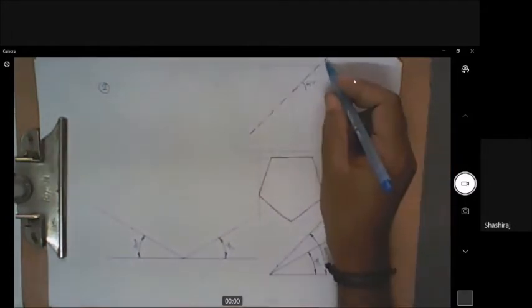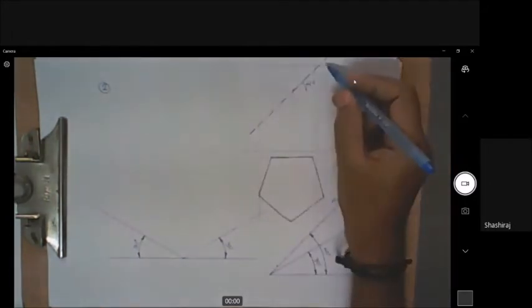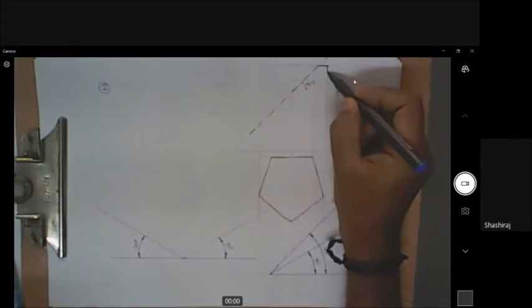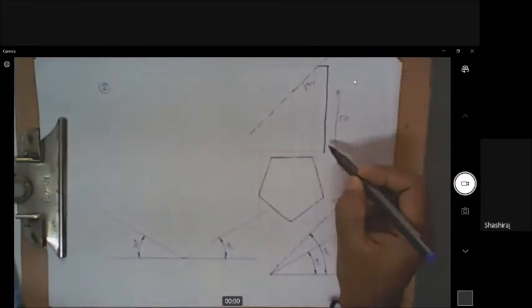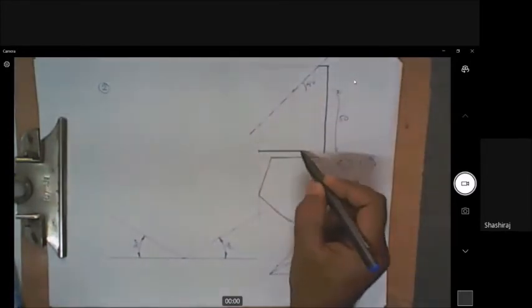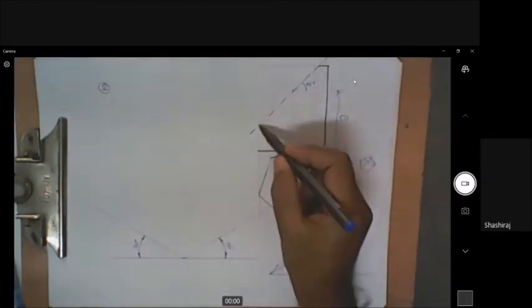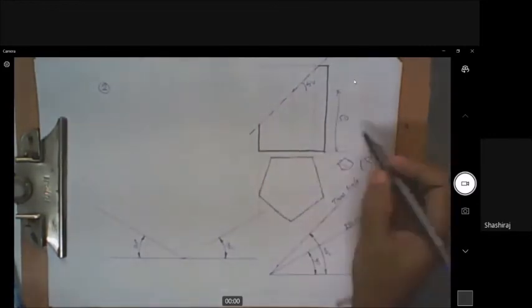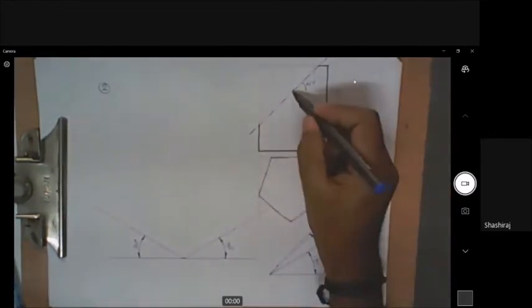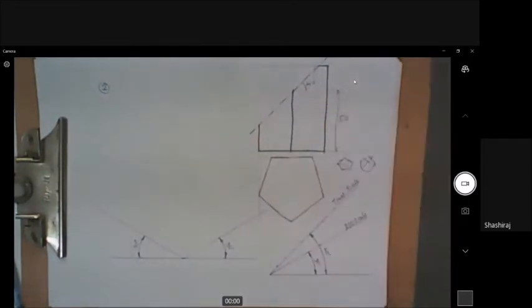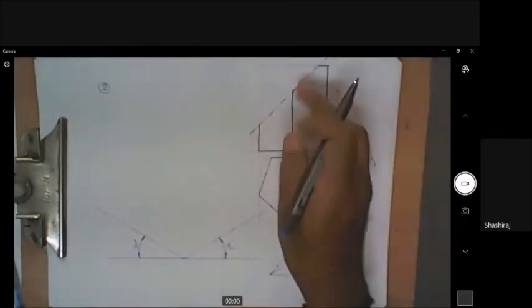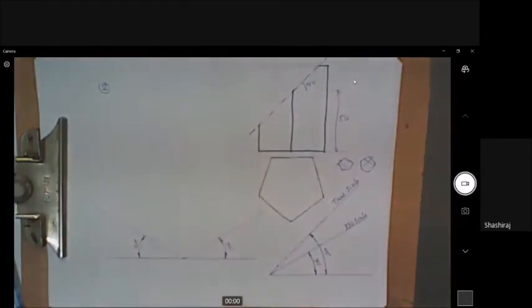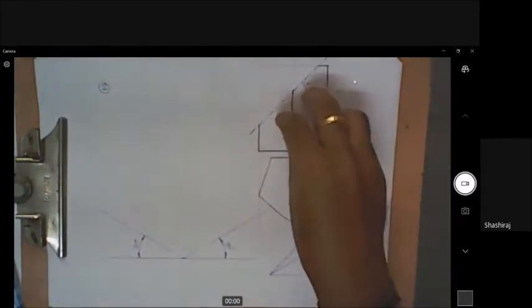And once this section plane cuts the solid, the remaining portion of the solid will be only this. Only this much, with this edge visible here, from here to here, it is a dark line. Only this much is retained and this portion is removed. And we have to draw the isometric projection for this retained portion.